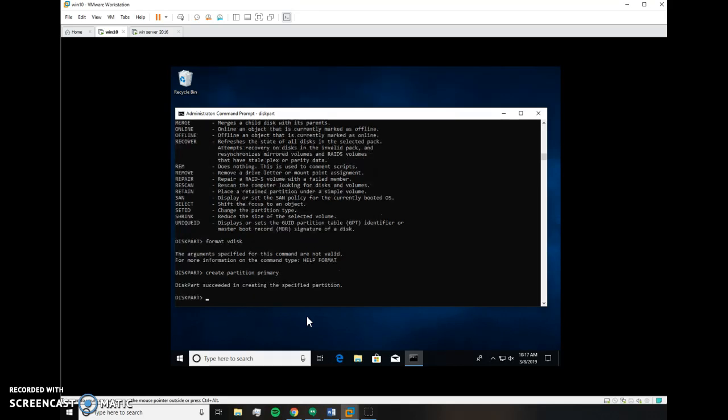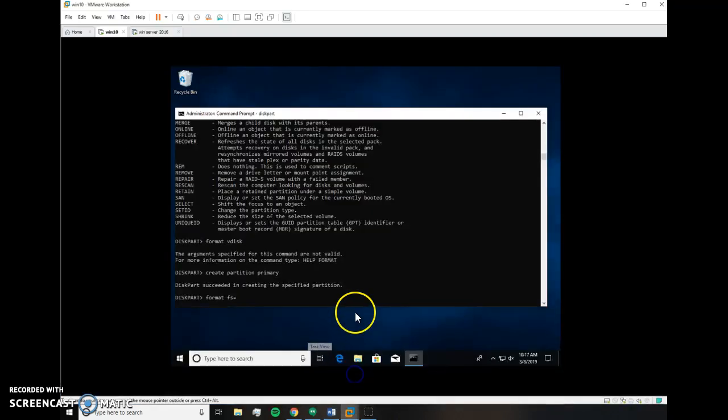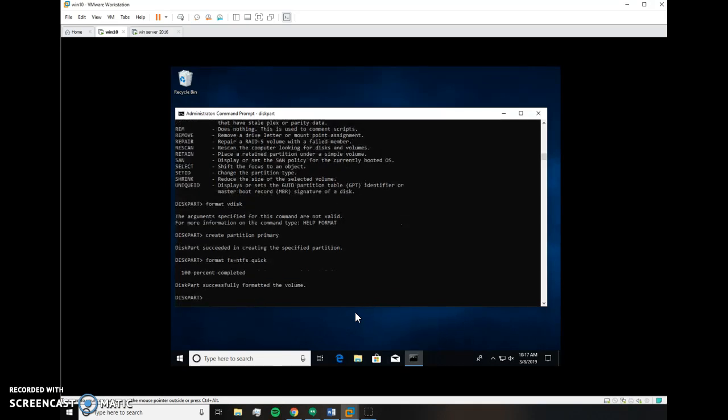I created a primary partition. Now I need to format fs, and we want NTFS. Okay. And then we're going to do a quick format. Okay, and then